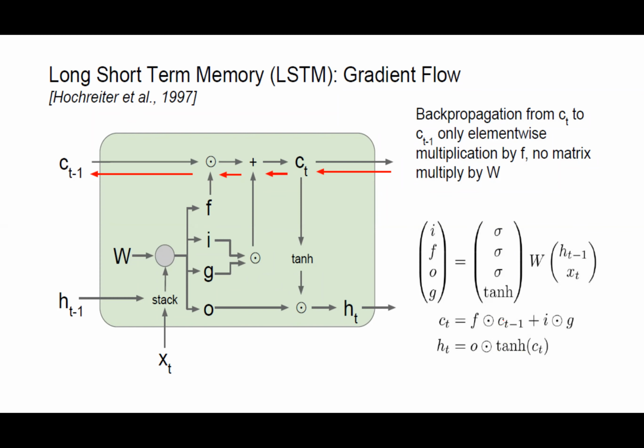If I consider the derivative of dou HT and dou HT minus 1, CT minus 1 is directly connected to HT minus 1. So the only thing involved in back propagation from HT to HT minus 1 is F, and the other things are all activation functions which we have covered before. The main thing is, if I do back propagation from dou H10 to dou H1,